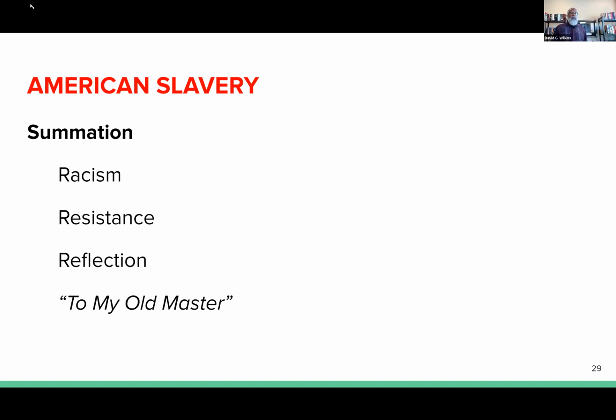As I conclude, I want us again to focus as we think about these 8 classes: racism, resistance, and reflection. Now, I've said from the beginning that you can't understand American slavery without understanding the racist underpinnings that supported it for the 2.5 centuries. The resistance that Black men, women, and children presented at every opportunity, ultimately leading again to the end of the Civil War and freedom for all, the passage of the 13th Amendment, and simply reflecting again on how